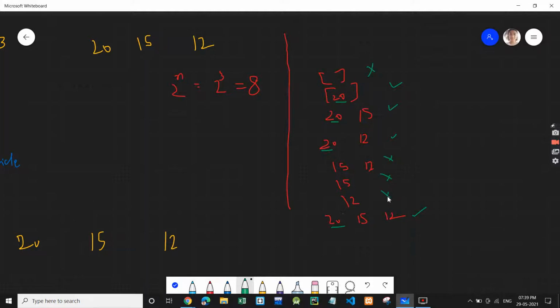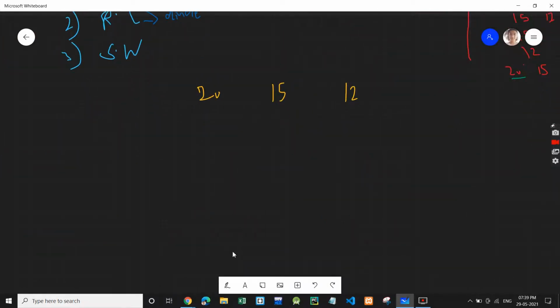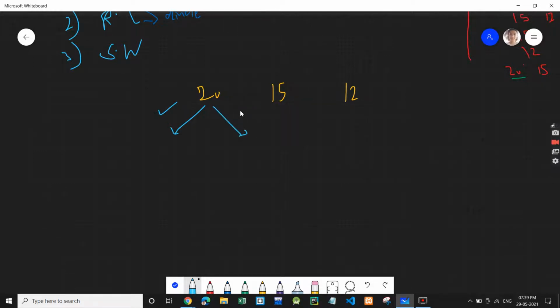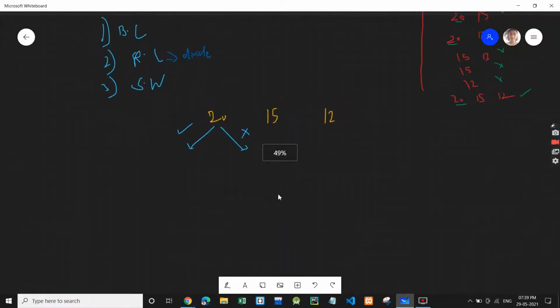So there are 2 possibilities for 20: either in some subsets 20 will be there, or in some subsets it will not be. So we have to make 2 recursive calls, such that you can take 20 in your subset or you do not take 20 in your subset. Let's see how.